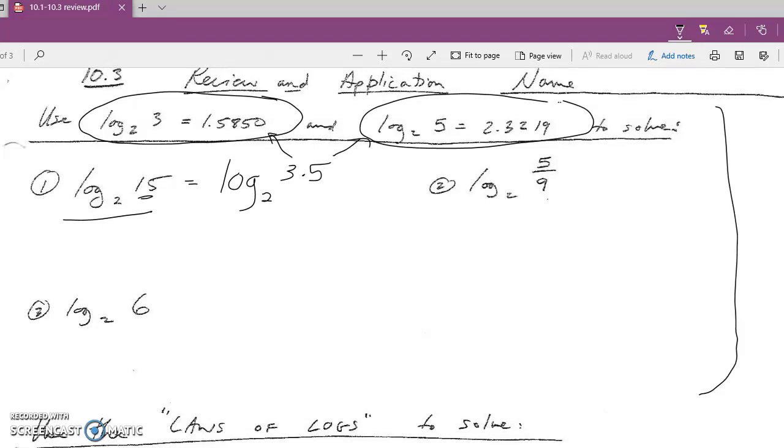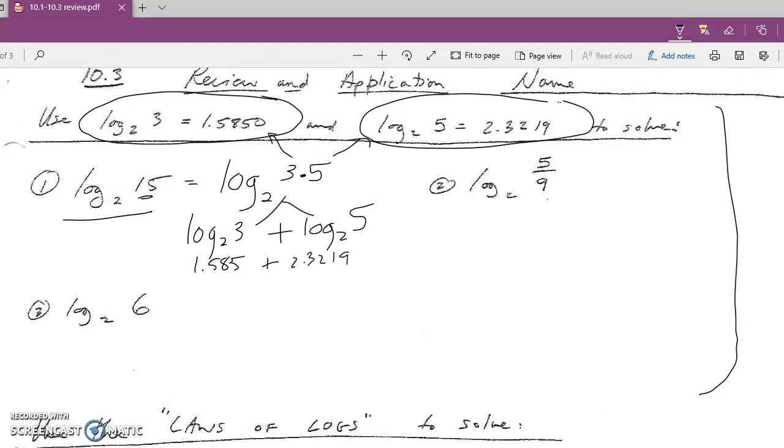Now, in the land of logs, if you have multiplication, you can split this into the log base 2 of 3 plus the log base 2 of 5. That's a property of logs that Miss Brewer taught you about in 10.3. Then you simply plug in the decimals up above. So the log base 2 of 3 is 1.585 plus the log base 2 of 5 is